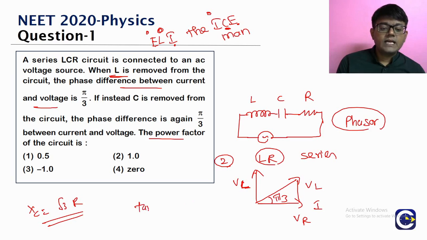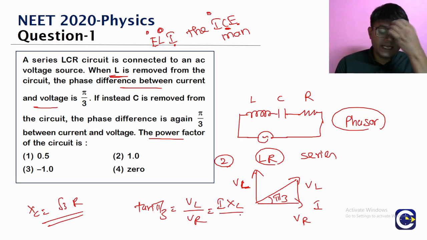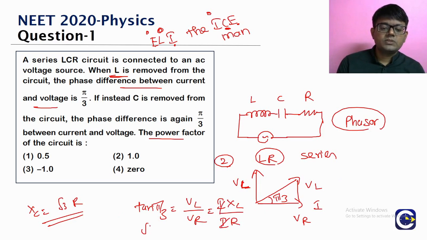So again, tan pi by 3 will be equal to VL by VR, opposite by base. So VL is I into XL. XL is the inductive reactance. VR is I into R. So I is cancelled. So tan pi by 3 is how much again? Root 3. So root 3 is equal to XL by R, which means we will get again the value of